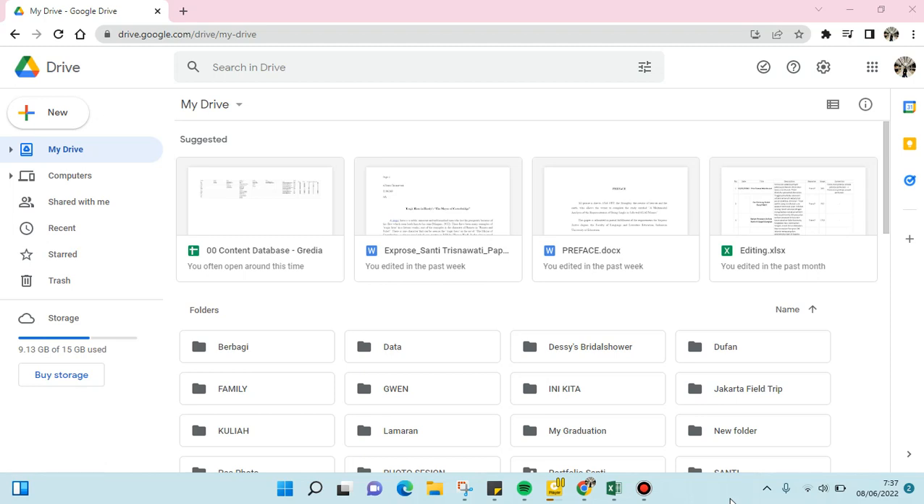In this video, I'm going to show you how to star files on Google Drive. So if you have an important file on Google Drive that you frequently open, I suggest you star it because it will be easy to find, and I'm going to show you how to